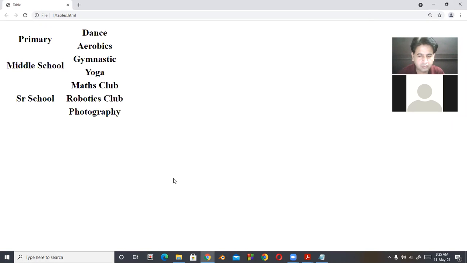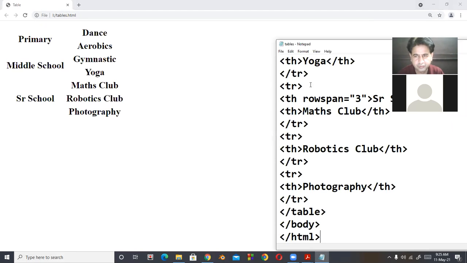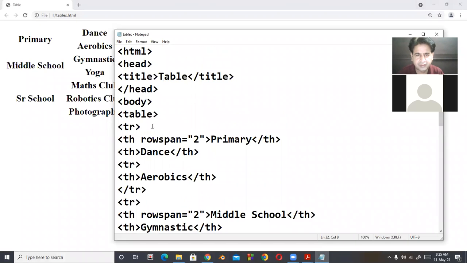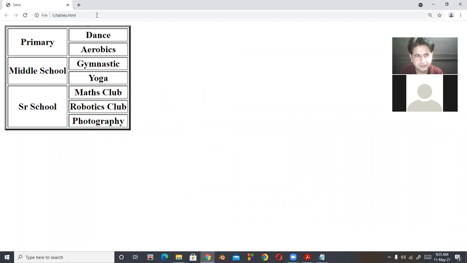For making the outline, we will have to use one attribute of table tag, border. I saved this and refresh this.